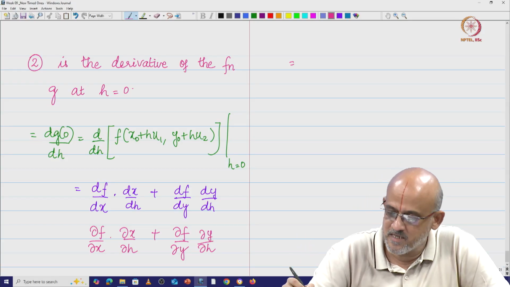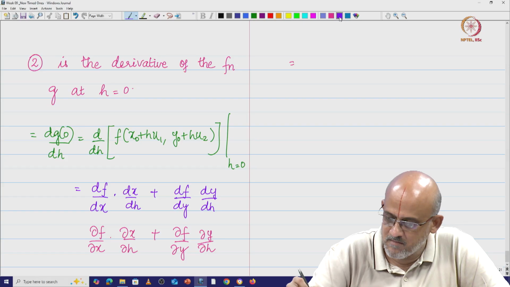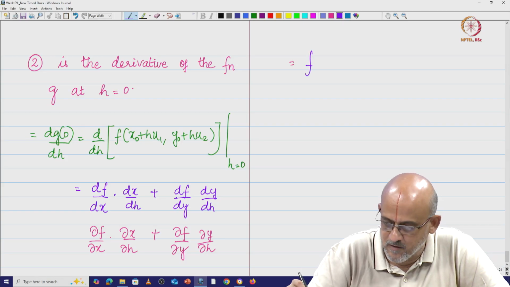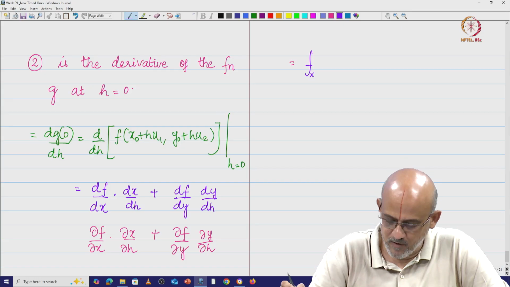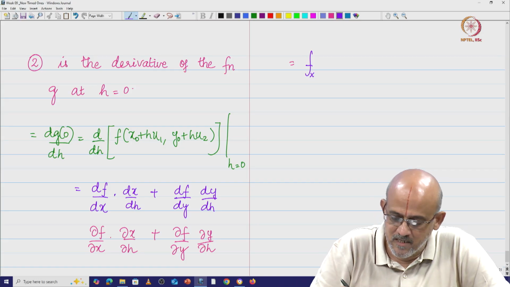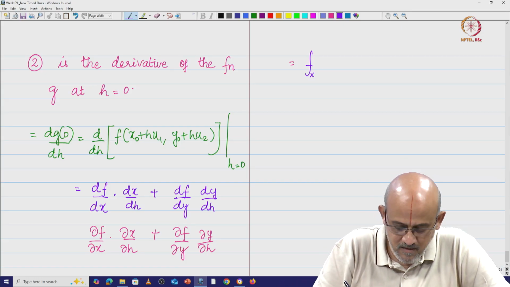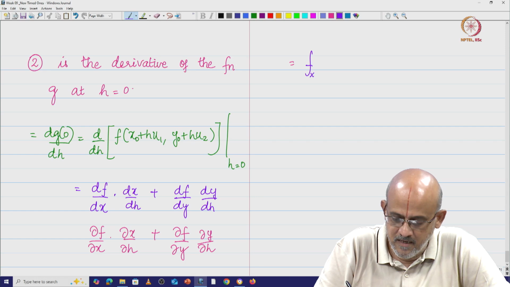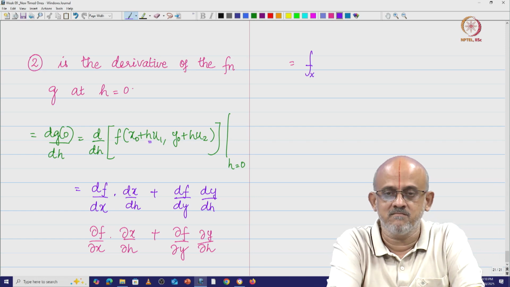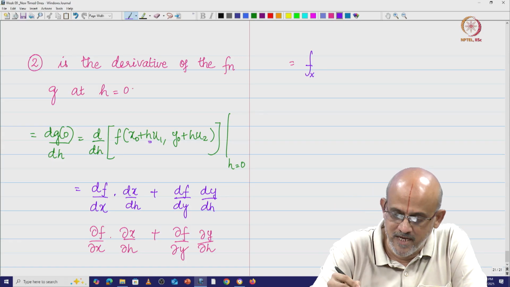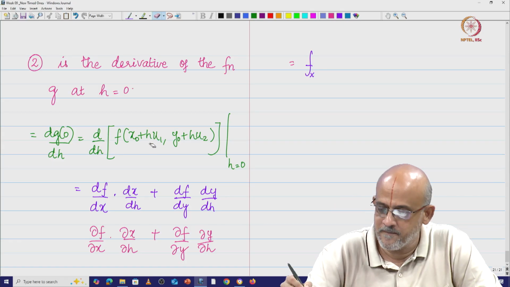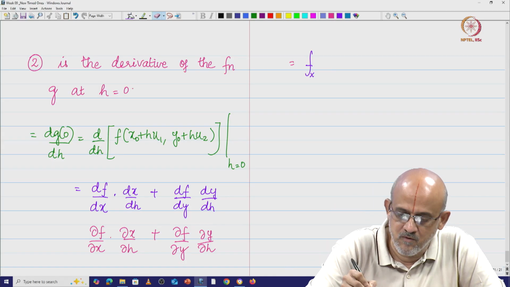So I'm going to give a notation for that. I'm going to call that as fx, where fx is nothing but dou f by dou x. What is dou x by dou h? X naught is constant, you have h u1, so dou x by dou h is nothing but u1, fx into u1